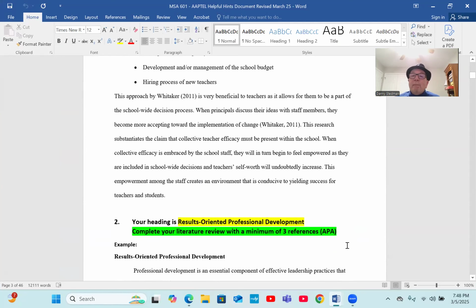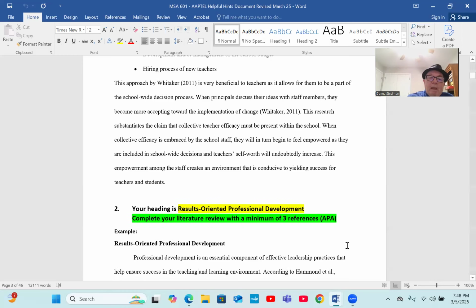Other than Bandura, I still want to see 3 different references there, and I'll tell you why. Because you're looking at efficacy from a different perspective. You're looking at teacher leadership and empowerment and teacher efficacy. So you need to look at it from a different perspective when you're doing your research this time. But we do want to see Bandura there, correct? Yes. Okay. Good.